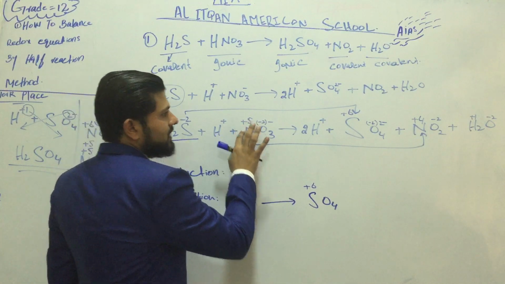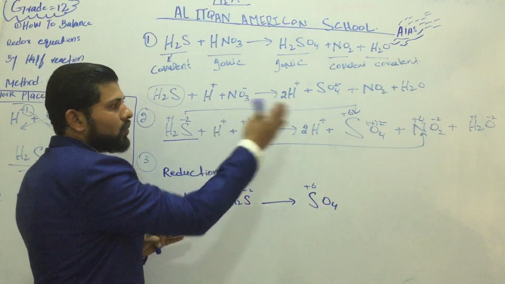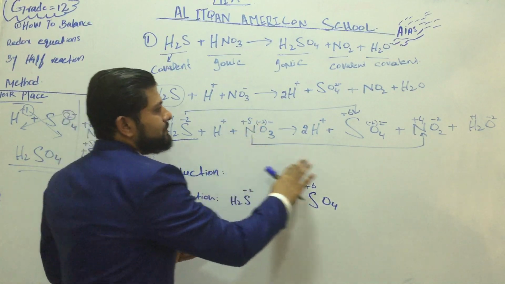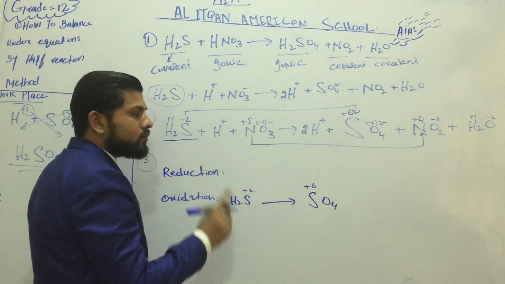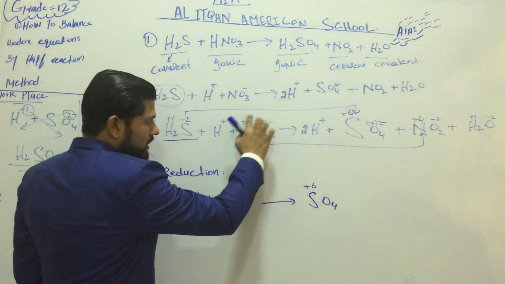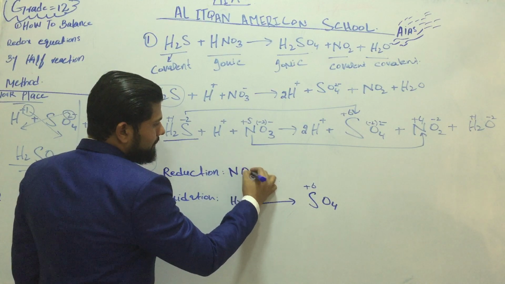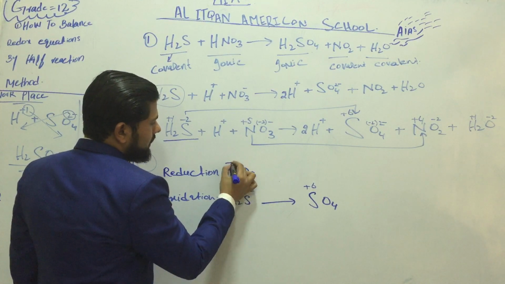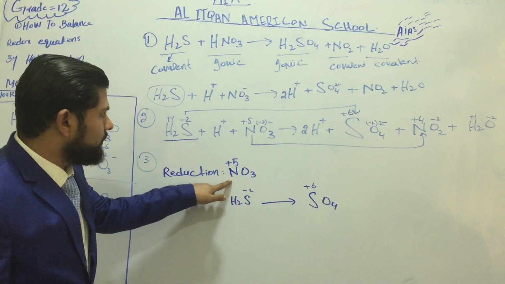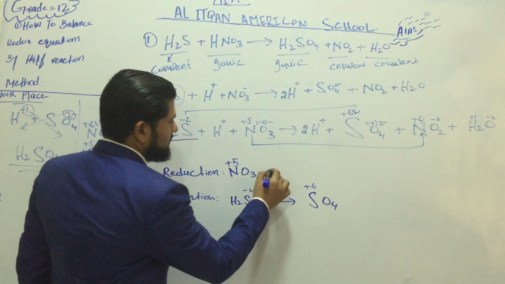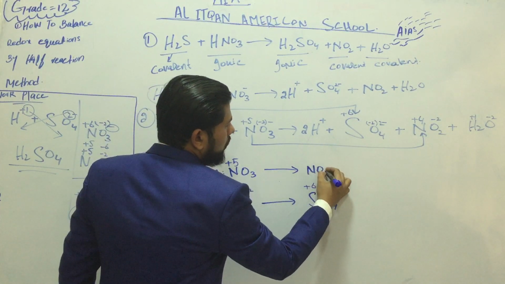And reduction, as you can see, it was +5 before the reaction. Nitrogen was +5, and after the reaction this is +4. So +5 is more than +4, so the number is becoming less there. So this is reduction, but you are not supposed to write only N. You are supposed to write the whole ion that contains nitrogen. And here you can just mention the oxidation state of the specific atom that is being changed. And then there we have NO2